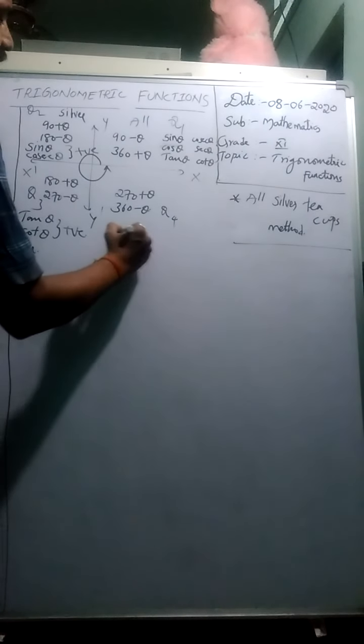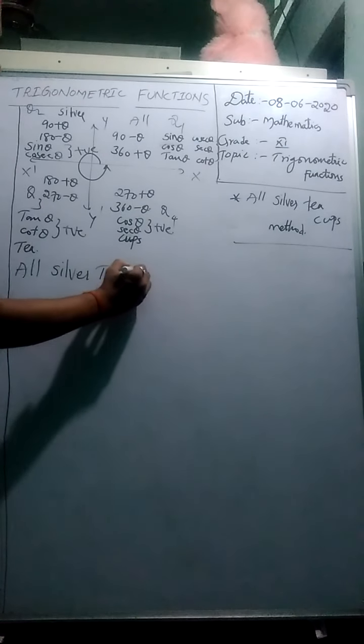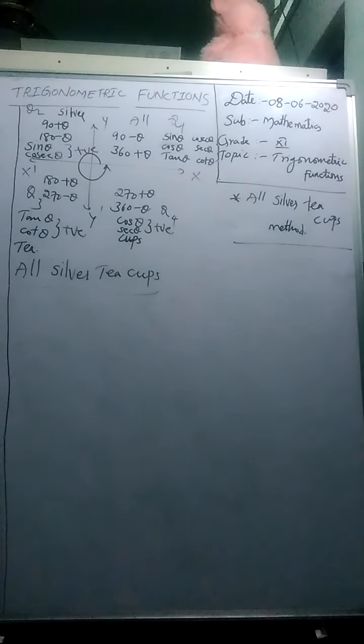So sine theta and its reciprocal cosecant theta are positive, and the rest are negative. Here tan and its reciprocal cot are positive. That is why this is called All Silver T. And here the Cups stand for the basic trigonometric ratio cos theta and its reciprocal secant theta being positive. By using the shortcut method, All Silver T Cups, we can decide the sign of trigonometric ratios